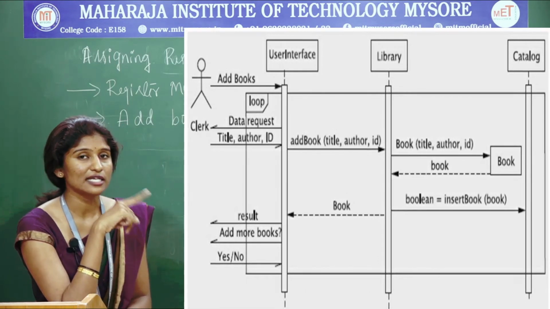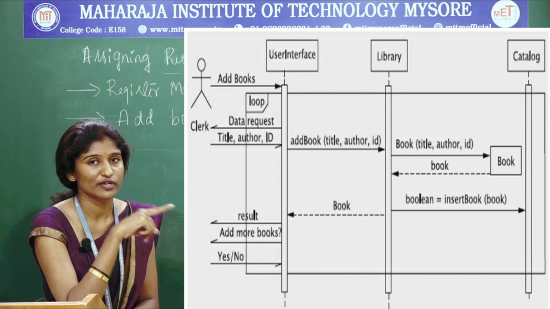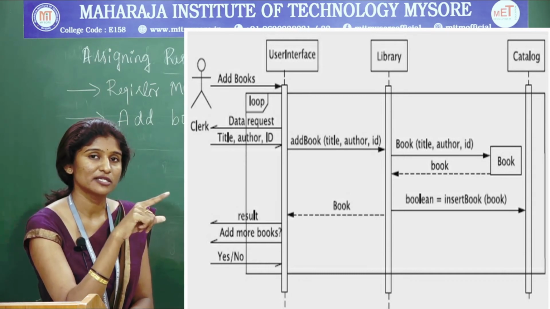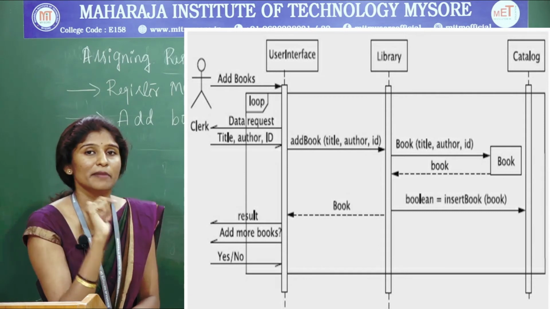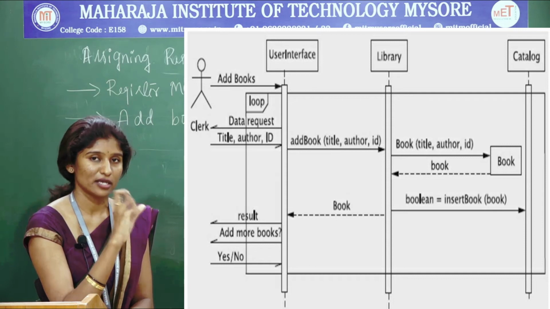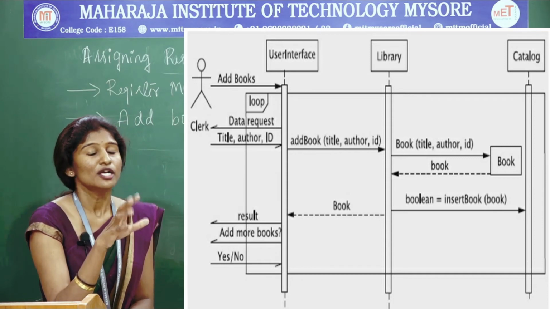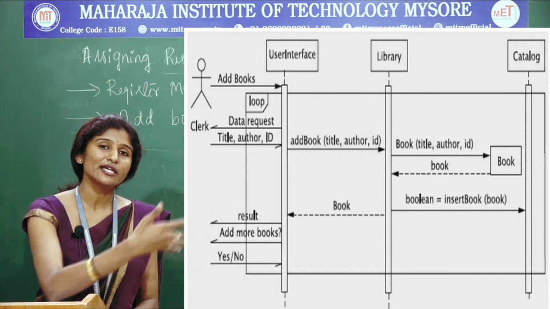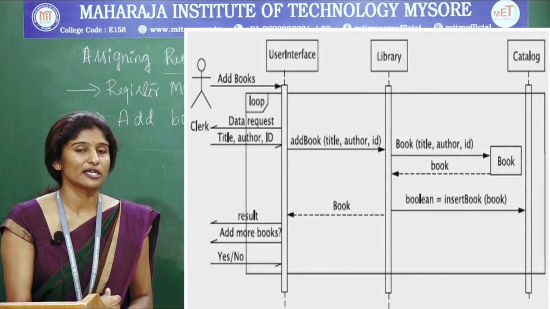As we have seen in the last sequence diagram where the member list was there, each and every member who registered for a library system is maintained in a member list. In the same way, each and every book registered to a library, or added to a library system, should be maintained in a catalog. So the catalog provides you the complete details of the books present in a library system.